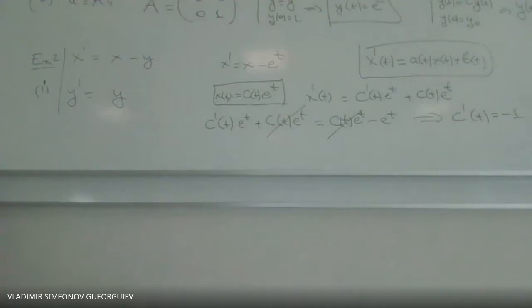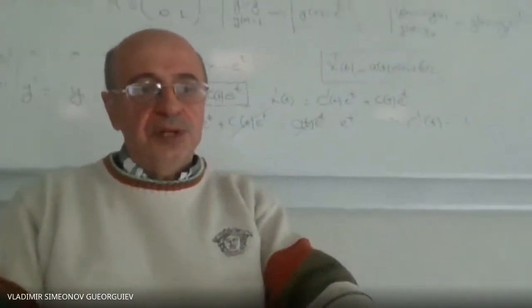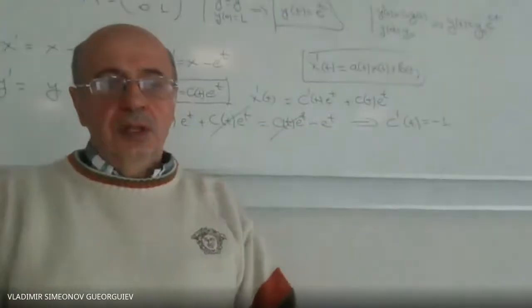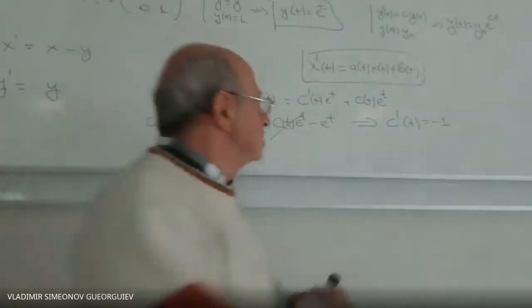This is one simple equation. What is this equation saying? This is saying that our function c is a primitive of minus 1. When you integrate minus 1, what is your primitive of minus 1? This should be minus t, because minus t has derivative minus 1. So from this, I shall shift a little bit in order to show. This becomes a real movie with a moving camera. And now we have